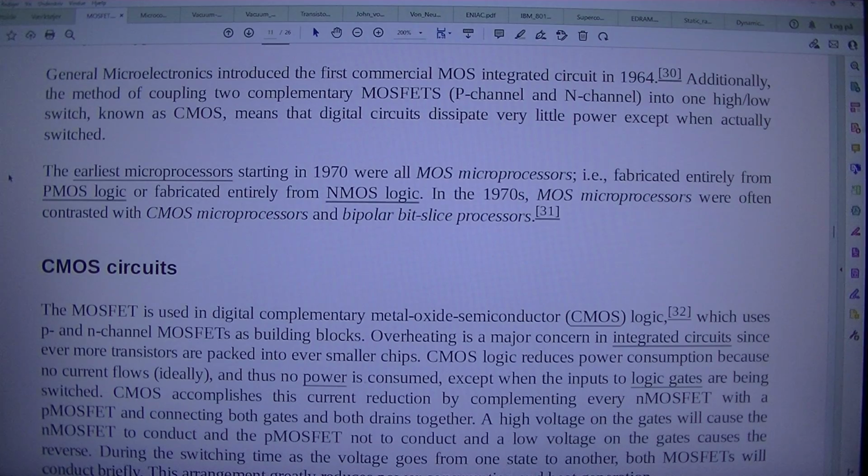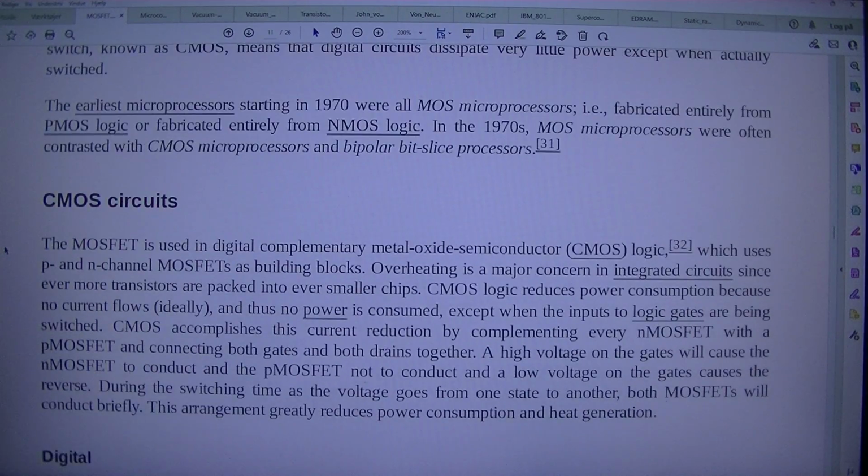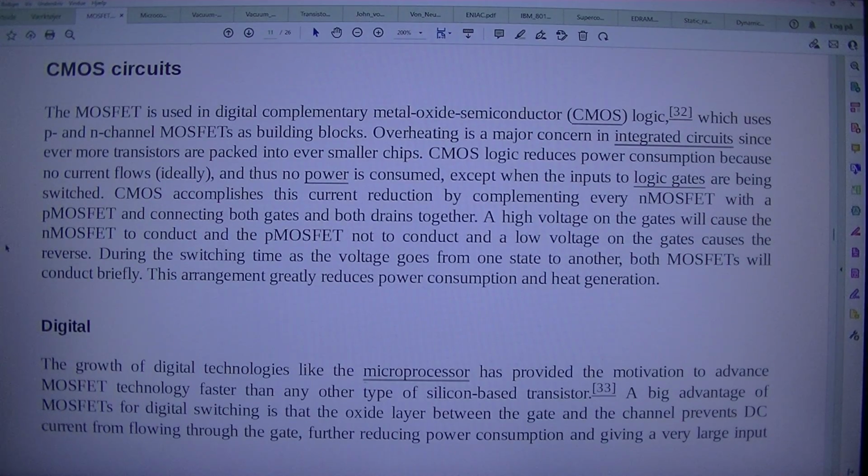In the 1970s, MOS microprocessors were often contrasted with CMOS microprocessors and bipolar bit slice processors. CMOS circuits. The MOSFET is used in digital complementary metal oxide semiconductor (CMOS) logic, which uses P and N-channel MOSFETs as building blocks. Overheating is a major concern in integrated circuits since ever more transistors are packed into ever smaller chips. CMOS logic reduces power consumption because